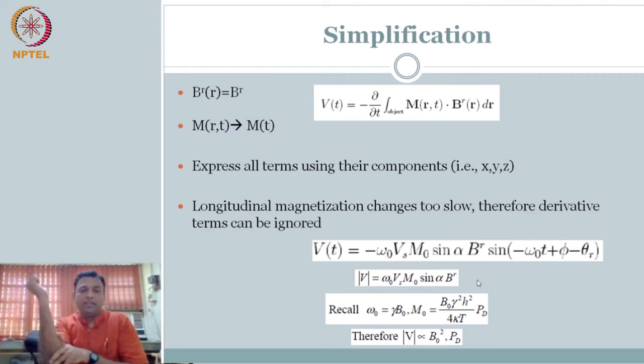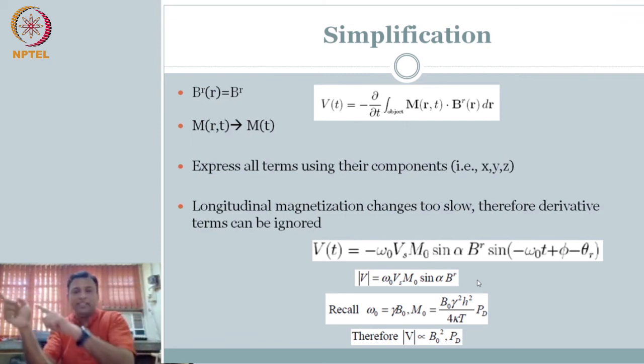So we started with some alpha as arbitrary. If you can make this alpha go to the floor, that is 90 degrees, then you will get the best signal. So the idea is, how do we manipulate this alpha? We talked about applying another rotating magnetic field with the same frequency, then you can manipulate this magnetization vector. So now you get that insight. Now we can manipulate the transverse component. So we need to add one more rotating magnetic field to manipulate this alpha. Then we could get signal.